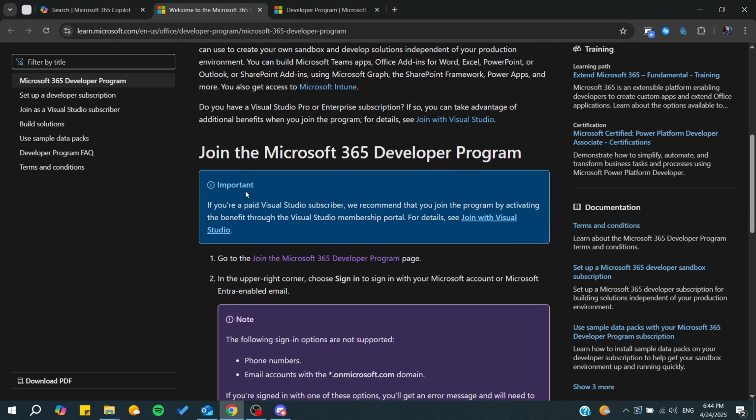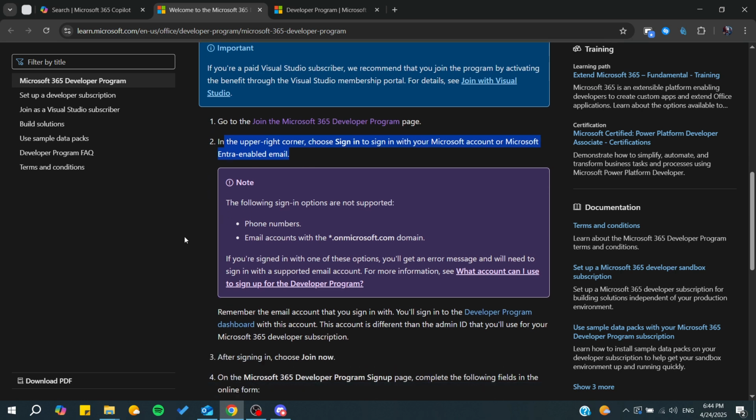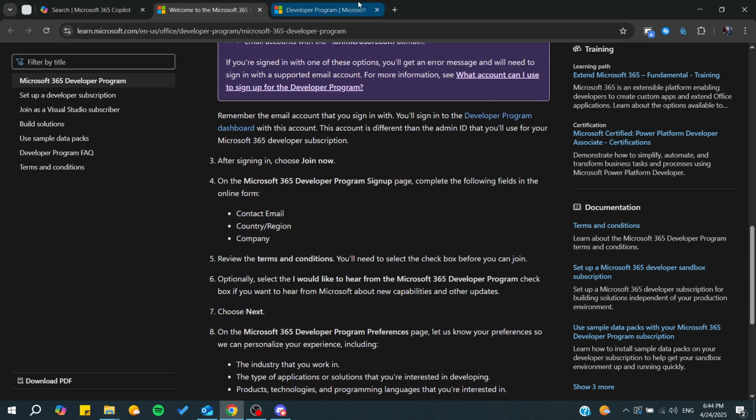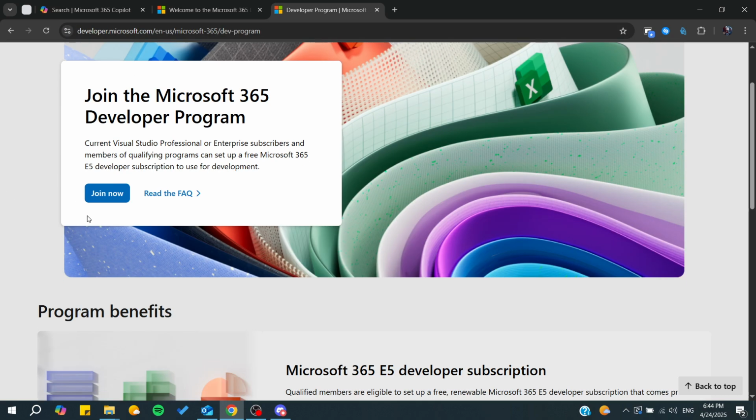So as you can see, you will need to go to the developer program page, and from there you will be able to subscribe or join this program, and you will get your account. So simply here we are on developer.microsoft.com, and from here you will be able to go to the developer program, and basically we can click on